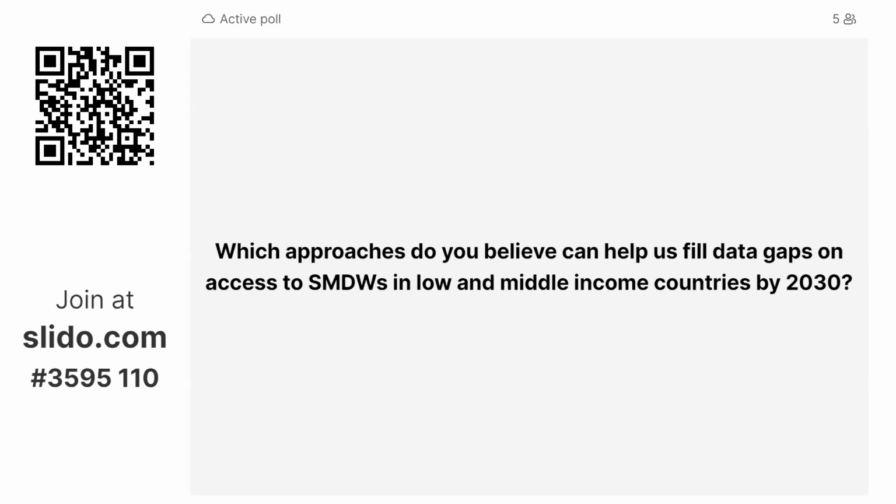But if we said every data that we need for water points has to be collected from the national or the local government, it will take time and they will be asking for money. But citizens, for their own health, will not be asked for money to report those data. If we only want data from the national government or the local government, they will always ask, okay, give us the money. We don't have enough resources. So how long will we be waiting for resources? We only have 8 more years to go to 2030. So if we always keep waiting for the national government to provide the necessary data, I think we will not be able to achieve the target.